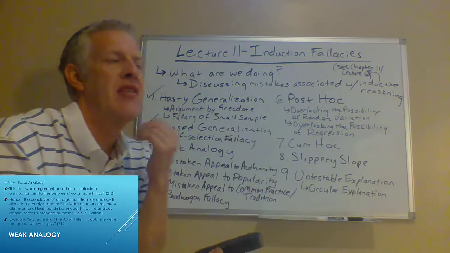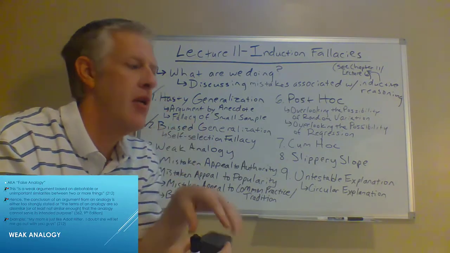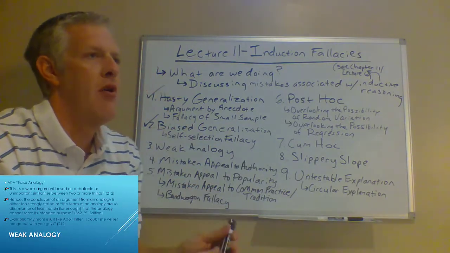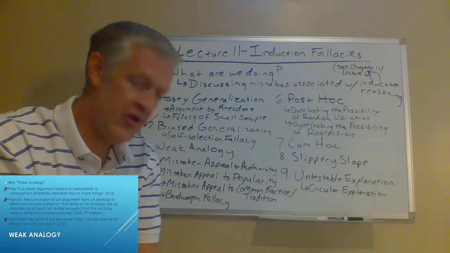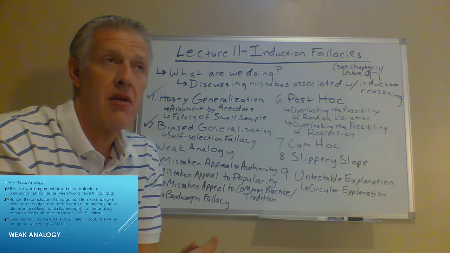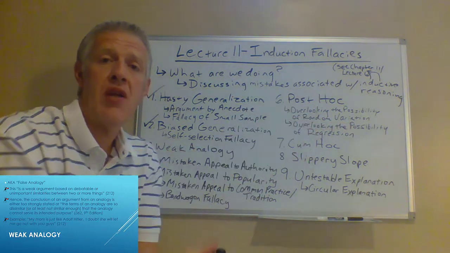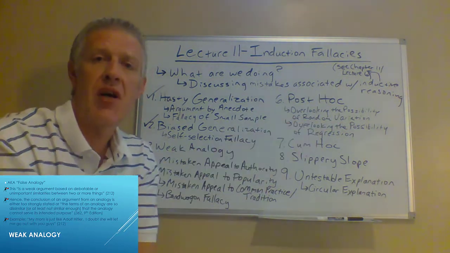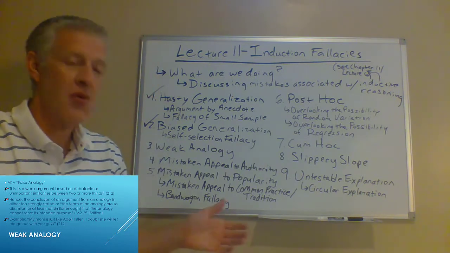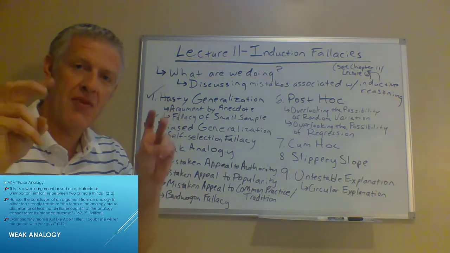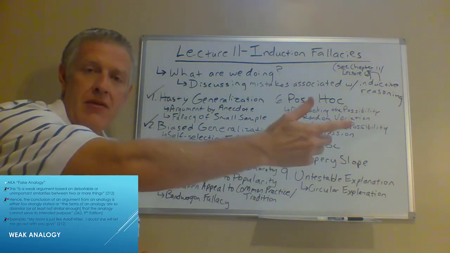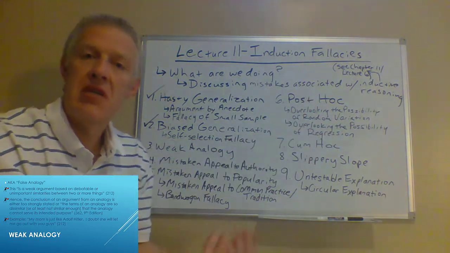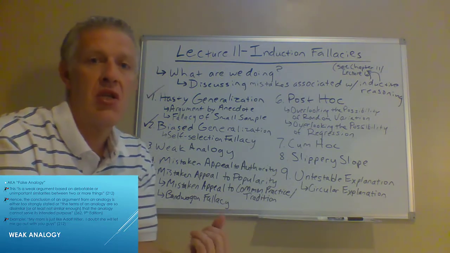So imagine an example I was thinking of as well. Somebody saying, my logic instructor is wearing a white shirt with stripes, and that dude is wearing a white shirt with stripes. Therefore, he must be a logic instructor. Okay? If somebody were to offer us that as an argument by analogy in support of the idea that he's a logic instructor, that would be terrible, right? We would identify that as a weak analogy